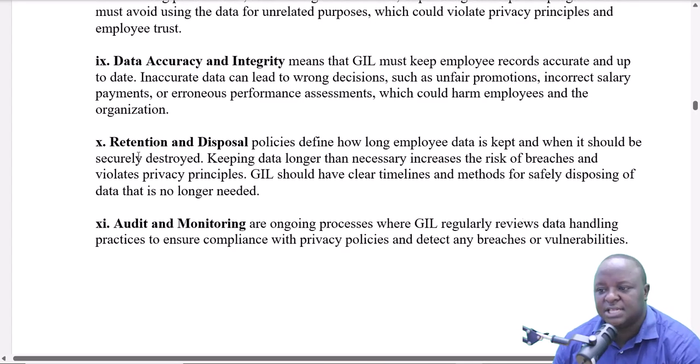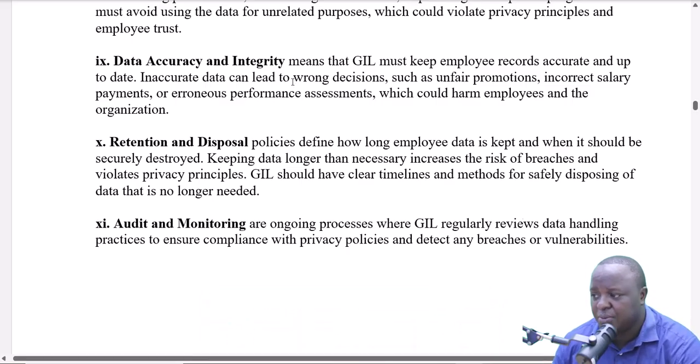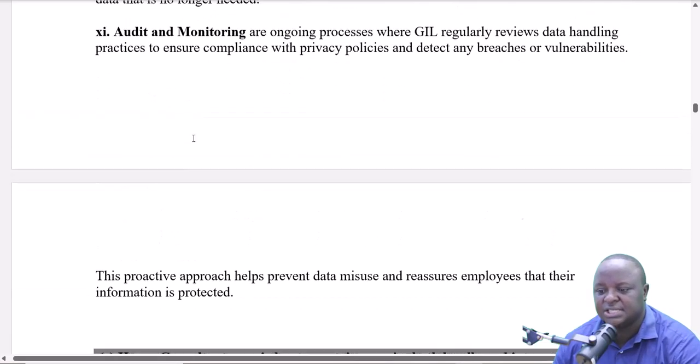And then we have data accuracy and integrity, which means that GIL must keep employee records accurate and up to date. Inaccurate data can lead to wrong decisions, such as unfair promotions, like what we had from the survey that was conducted, incorrect salary payment, and erroneous performance assessment, which could harm employees and the organization at large. And of course,